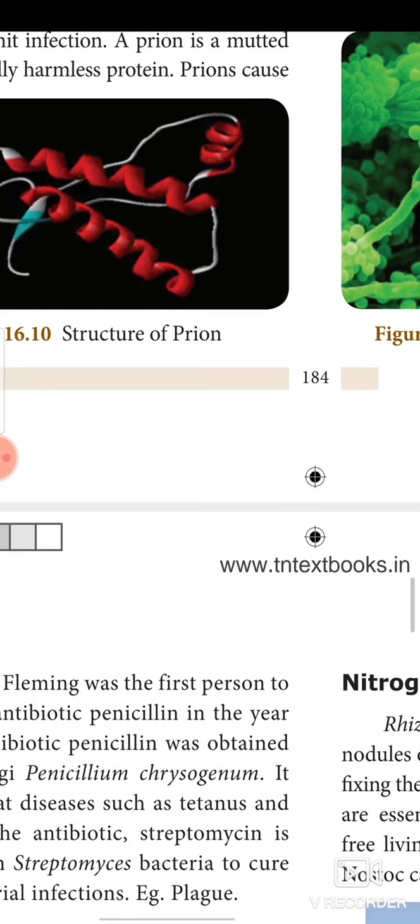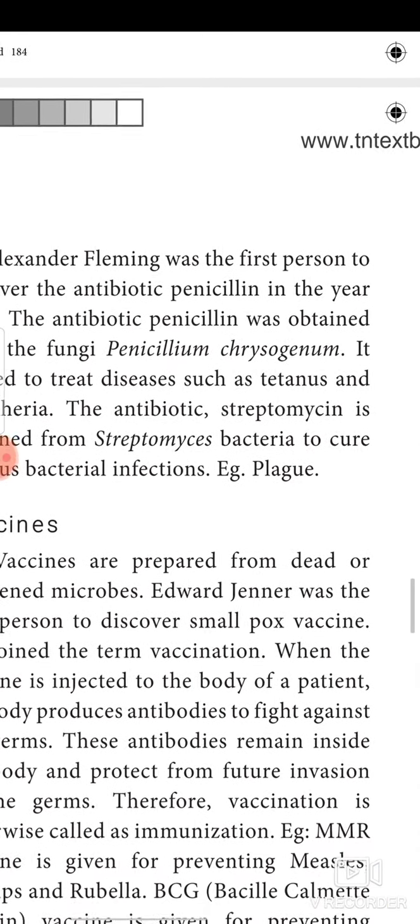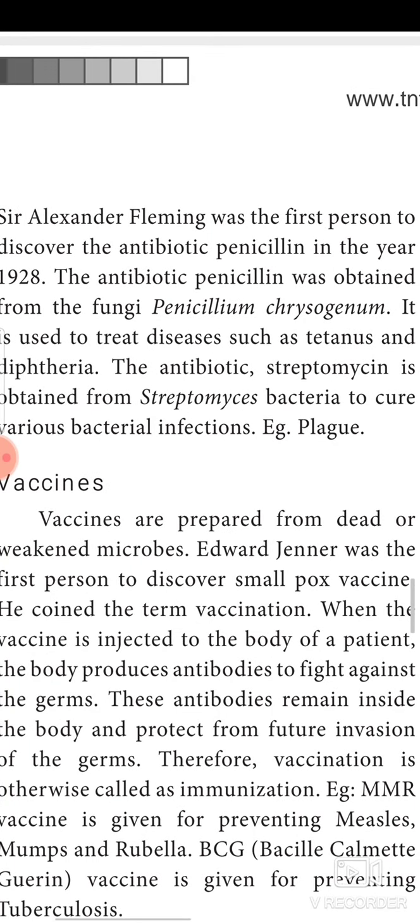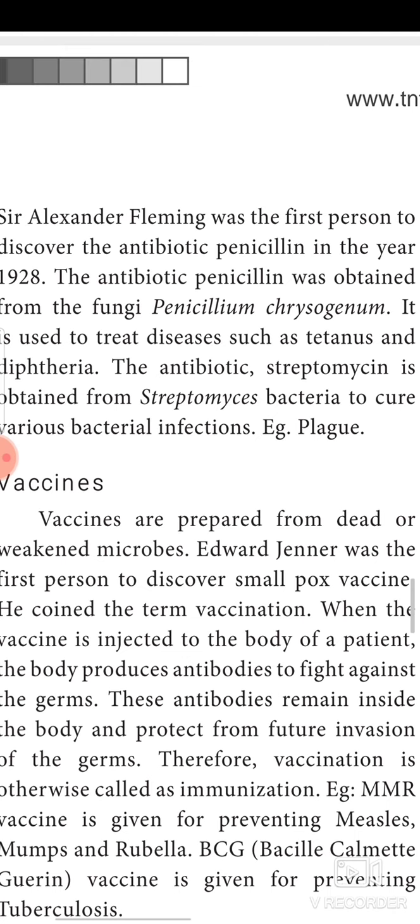He is the first person to discover an antibiotic, called penicillin, in the year 1928. It is an antibiotic for the diseases tetanus and diphtheria. Another antibiotic is streptomycin, which is derived from a bacteria and used to cure various bacterial infections